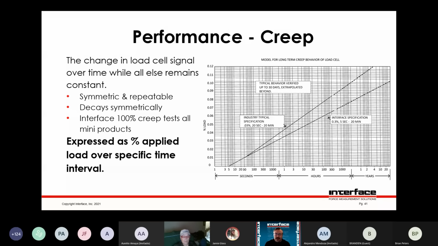Creep is something you can sometimes ignore entirely. A lot of times there's not enough time in a measurement to really have any creep error. Other times, you can imagine a bucket of water and you want to weigh it and see how much the change in weight is due to evaporation of the water. In that case, creep can be more than what you're trying to measure.